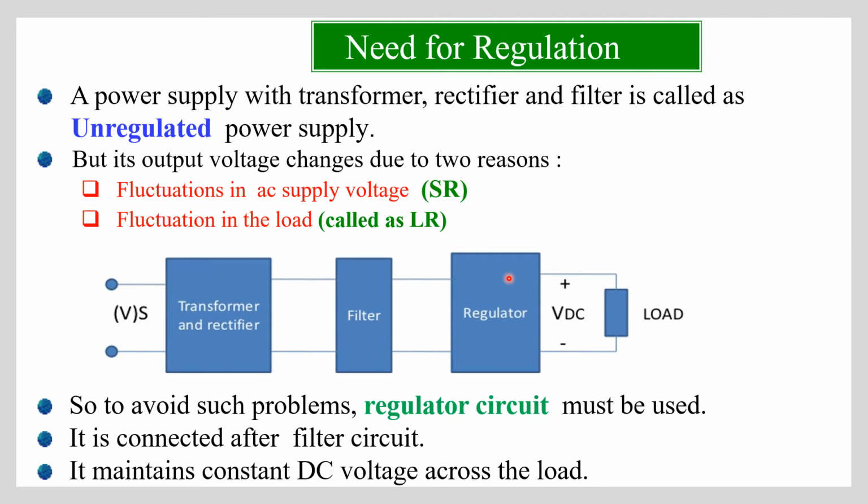See, we don't use all these blocks in every power supply. Depending upon the sophisticated instruments, where we use it for medical purposes, in laboratories, in industries, the number of blocks may change. When we don't want a perfect DC, we may not use the regulator. We may use only up to the filter. Is it clear?